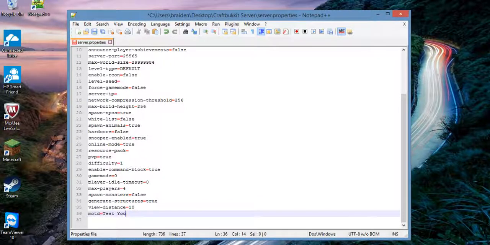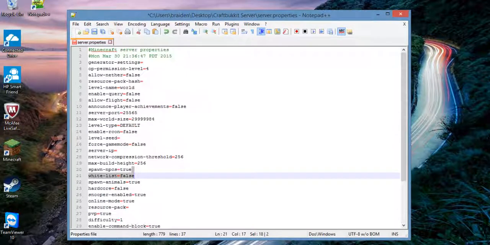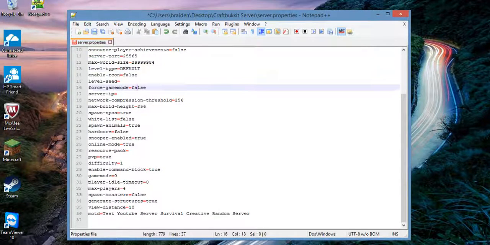Test, YouTube, server, survival, creative, random server. There we go. And if you want to do your IP, like so,